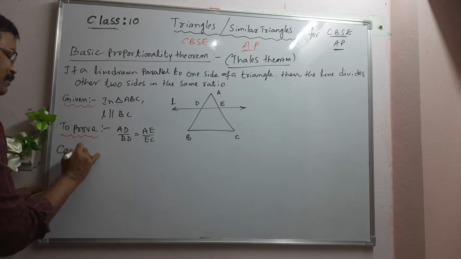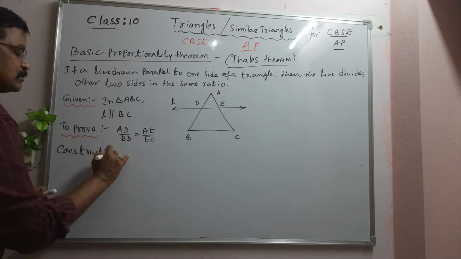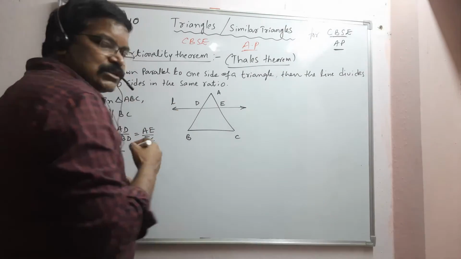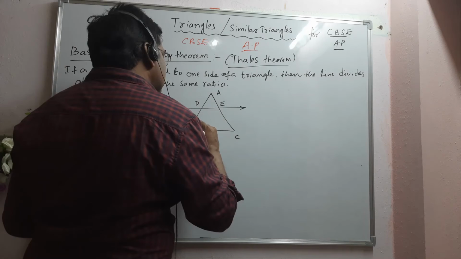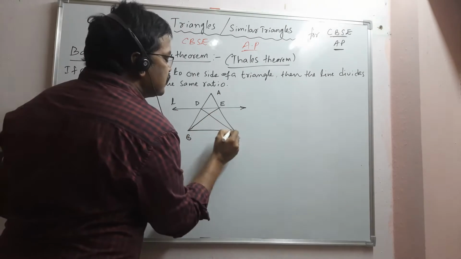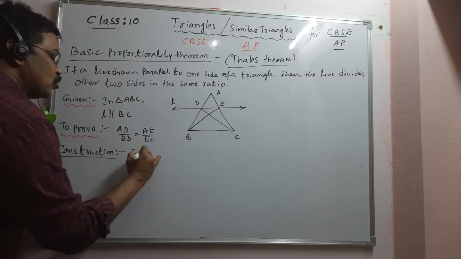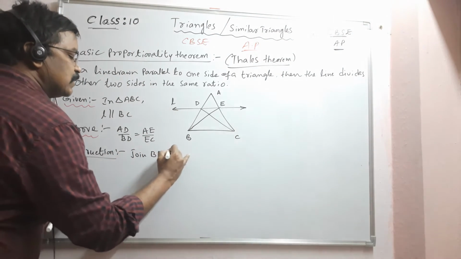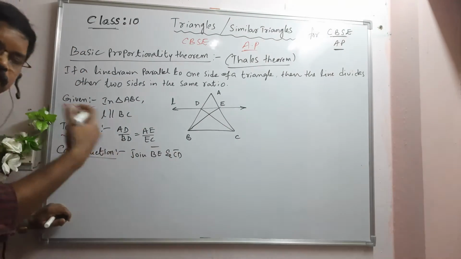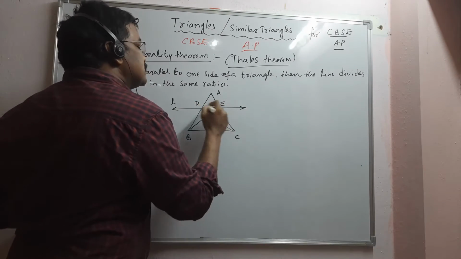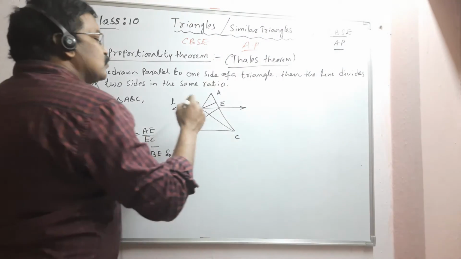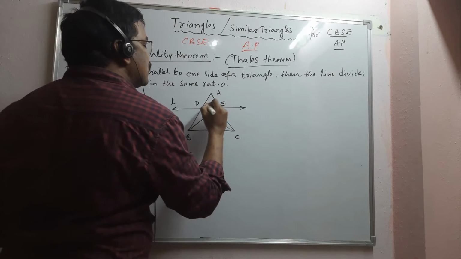We have to make a construction here. To prove this theorem, we have to make a construction. What is the construction here? Just join BE and CD. So I will write here: join BE and CD. Okay, good. Next, here I am drawing perpendiculars. So the perpendiculars are,